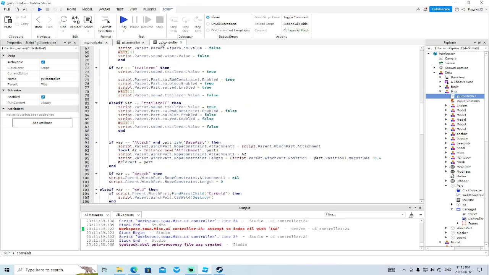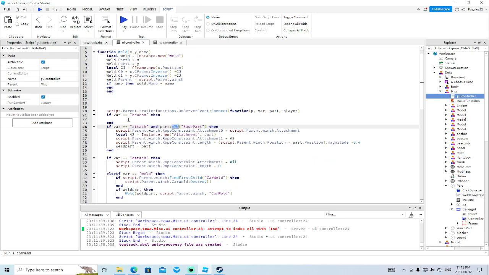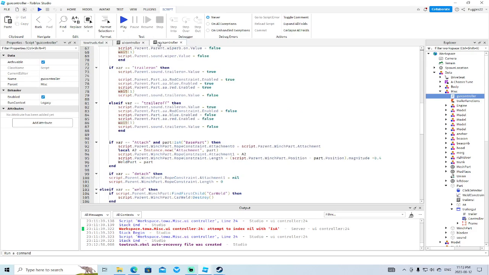It's identical. Weld part equals part, which is what I got there. Weld part equals part. I don't understand why it doesn't want this. And part is a, oh, maybe, no, see, I've got it here as a